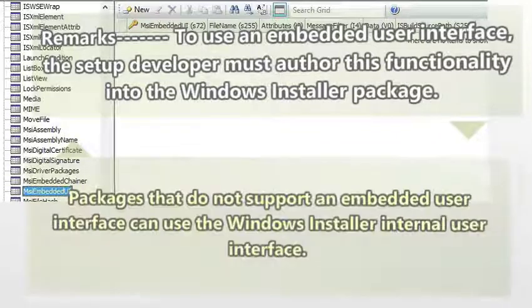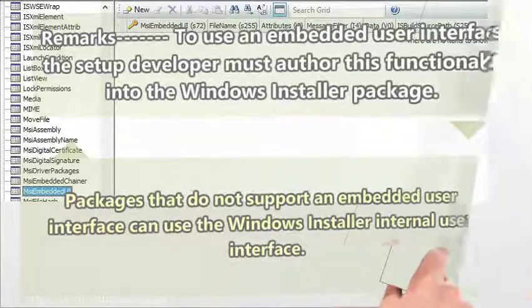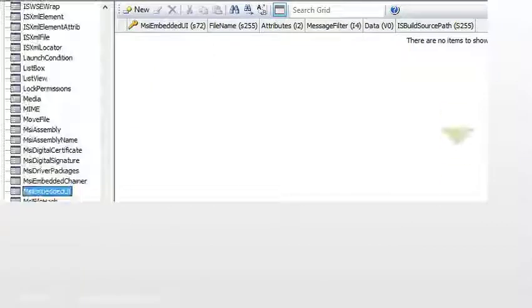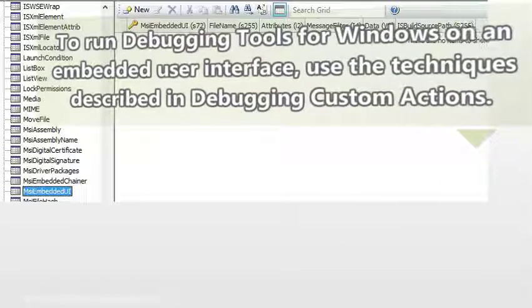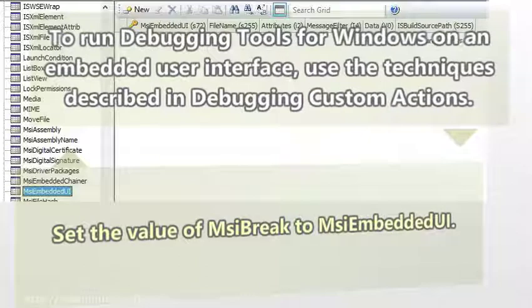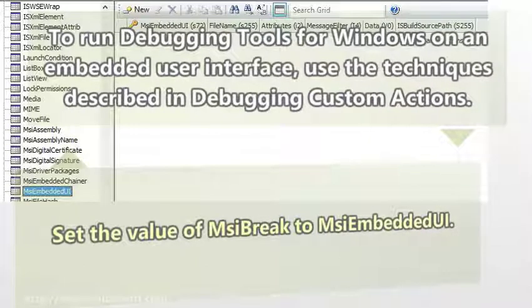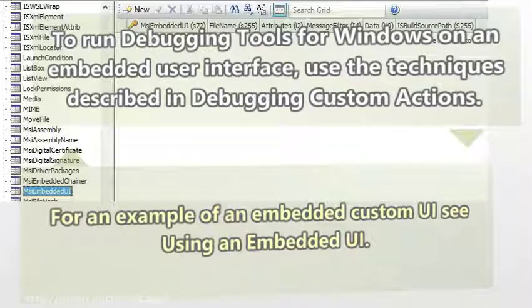Packages that do not support an embedded user interface can use the Windows Installer internal user interface. To run debugging tools for Windows on an embedded user interface, use the techniques described in Debugging Custom Actions. Set the value of MsiBreak to MsiEmbeddedUI. For an example of an embedded custom UI using an embedded UI,